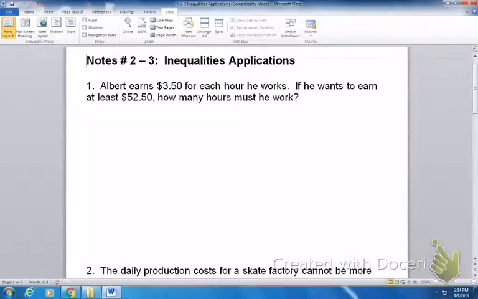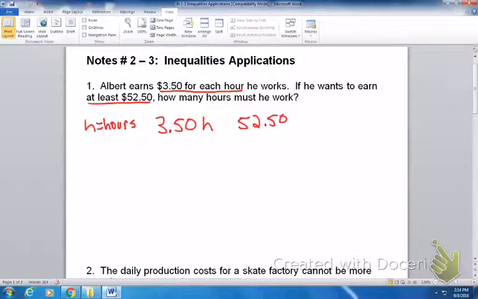The first question says, Albert earns $3.50 for each hour he works. If he wants to earn at least $52.50, how many hours must he work? So there's a couple of really important pieces of information in here. The first is Albert earns $3.50 per hour. And he wants to earn at least $52.50. So I'm going to go ahead and calculate how much money he makes per hour, which would be $3.50 per hour. I'm going to call it H. I'm going to write over here that H equals hours. So obviously if I work 10 hours, it'd be $3.50 times 10. Well, he wants to make at least